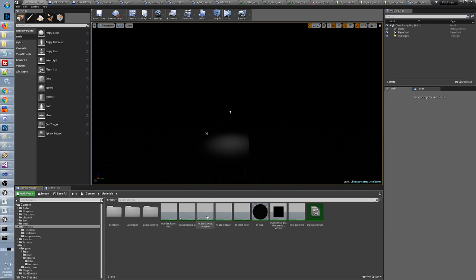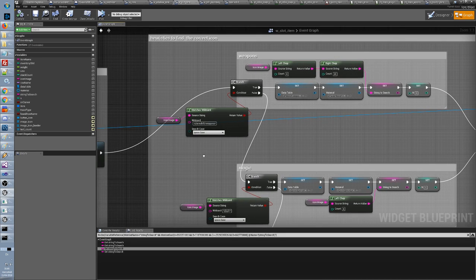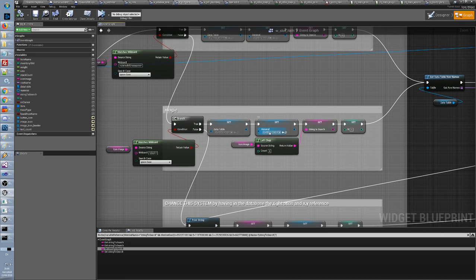But this thing should be, do I need the full name? Do I need the location? Actually, I just need the name, because in the blueprint we are searching directly for that name, right? Hopefully. I don't know though. I think I need the full one, because let's assume that instead of this set material,